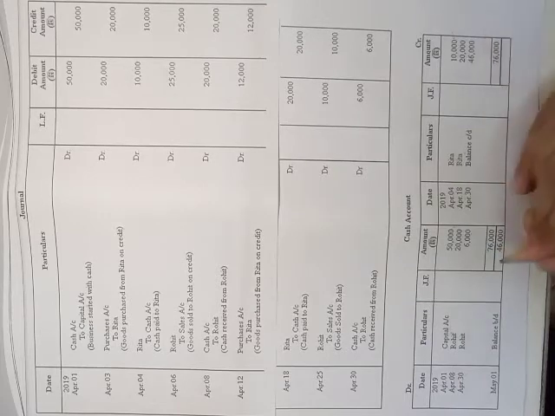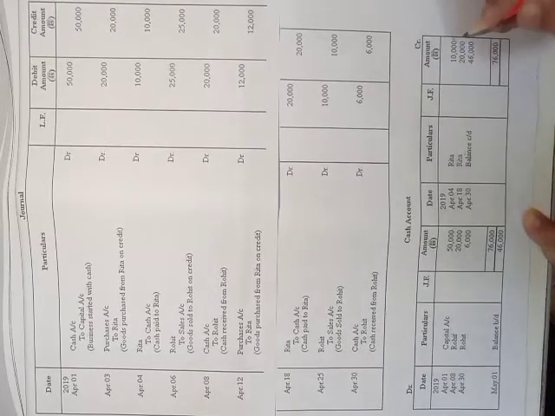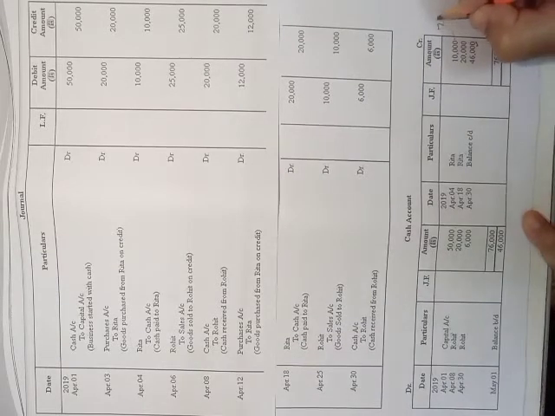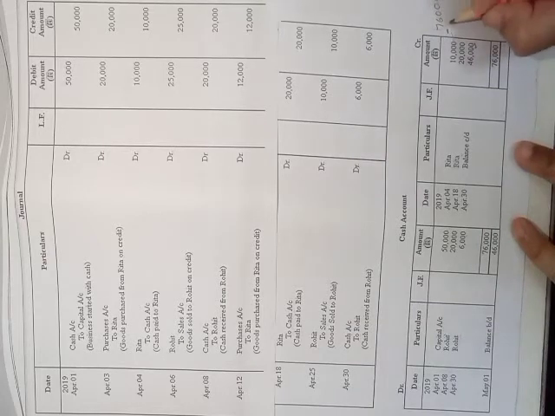So here, on both sides, we will write the total 76,000. Now the question arises in your mind that the credit side total is not 76,000. So to make this total 76,000, what we have to do is find the difference of this side, the credit side, that has come to 46,000. How has it come? 76,000 minus the credit side total, that is 30,000. So I have got here 46,000. This is the balance of this account.